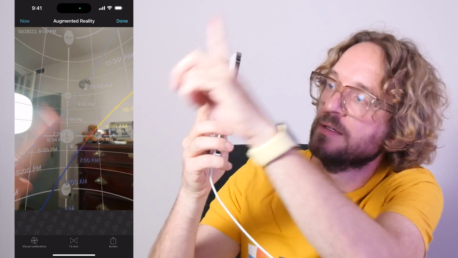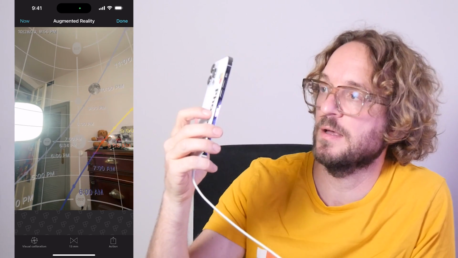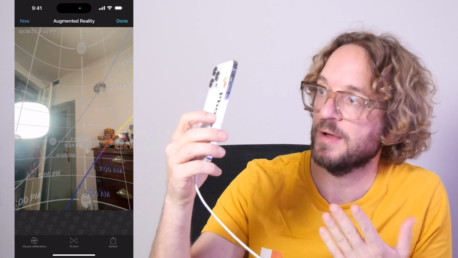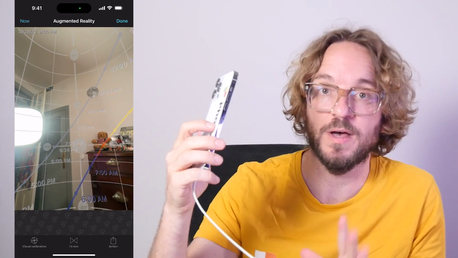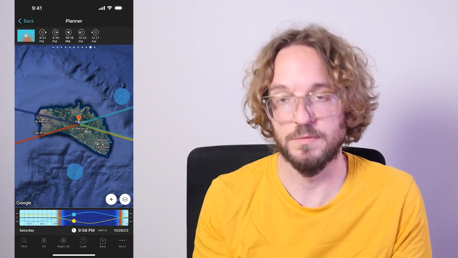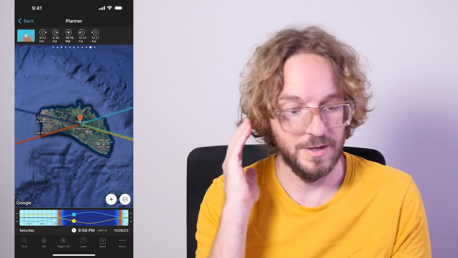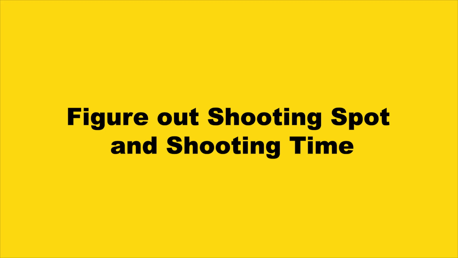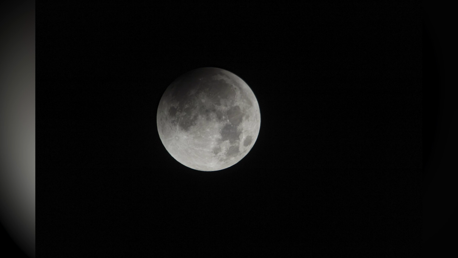In Menorca, you see that the eclipse will occur pretty high in the sky, so I think it's a great location to just photograph the phases of the eclipse without foreground. Okay, with this information, I think that we are able to plan our lunar eclipse shot. Let's do it. If you wish to photograph just the phases of the eclipse without foreground, you need to choose